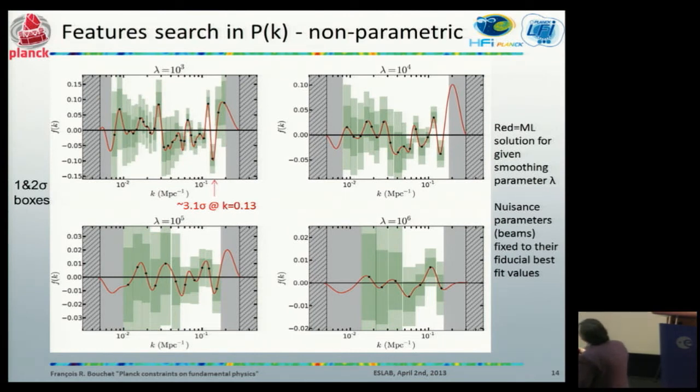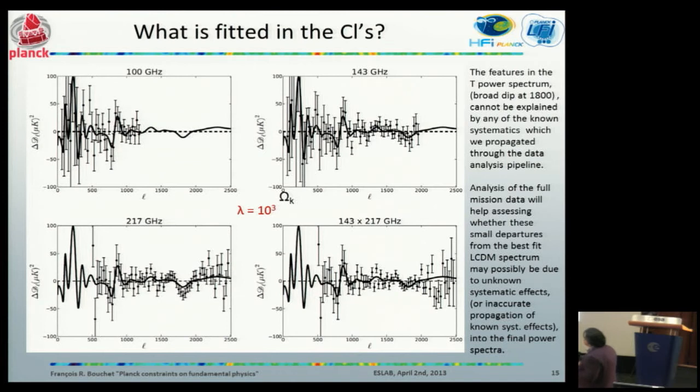and to a lesser extent here. Now, let's take this particular curve, the red curve, and ask what it is doing to the power spectrum. So here it is. This is just a translation of this best fitting model on the CMB, on the Cl at the various frequencies. And this is the feature that we're talking about, which is at k equal 0.1. This is what is driving this feature in the potential.